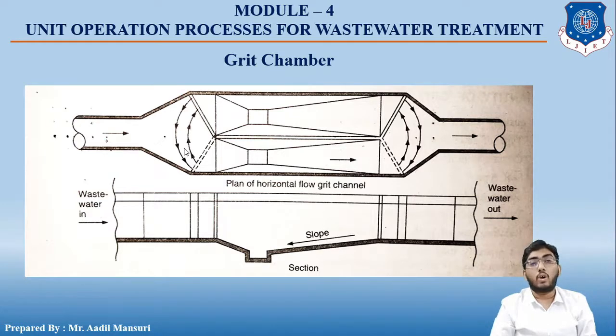Okay, now, grit chamber is provided for the purpose of removal of silt and sand particles, mainly so that the same will not cause the wear and tear of vanes of pump or clogging of the pipes, as well as valve operation difficulty. Okay, so removal of grit also reduces accumulation of inert material in subsequent treatment units. So if the grit is removed in this chamber, right, there will be less load on the subsequent treatment units. Okay, then cementing effects are also prevented in settling tank and in digester if you remove the grit. Understood?